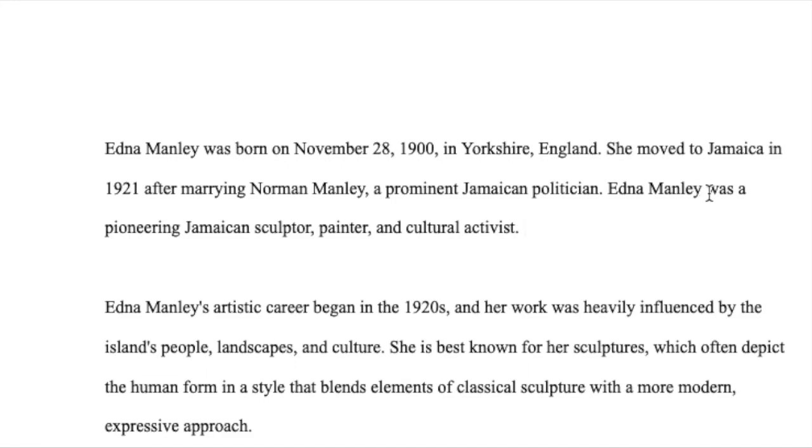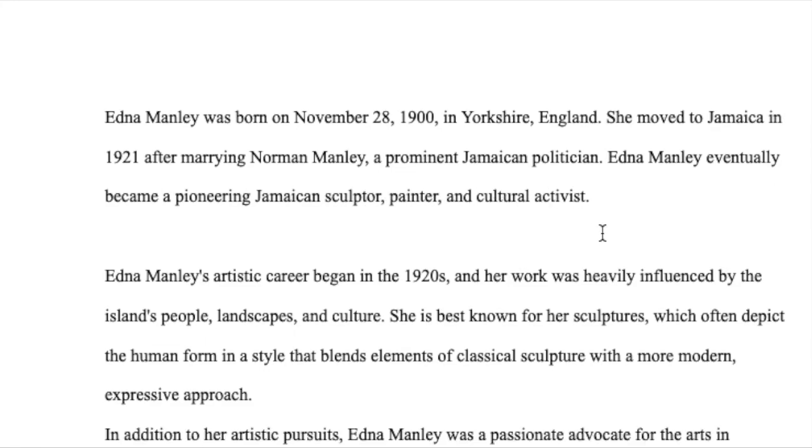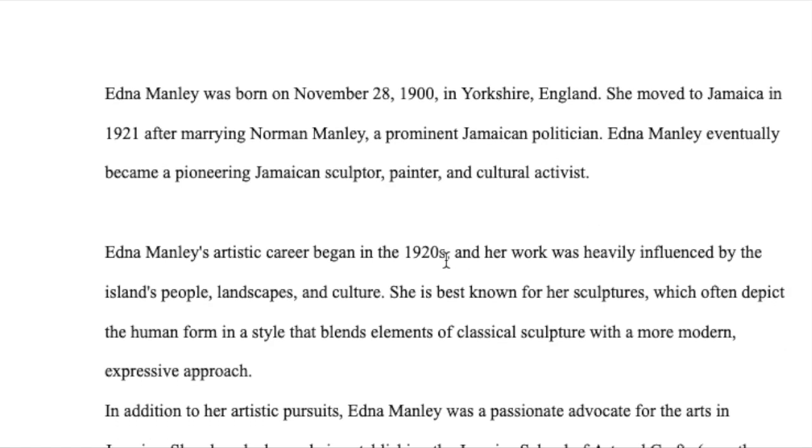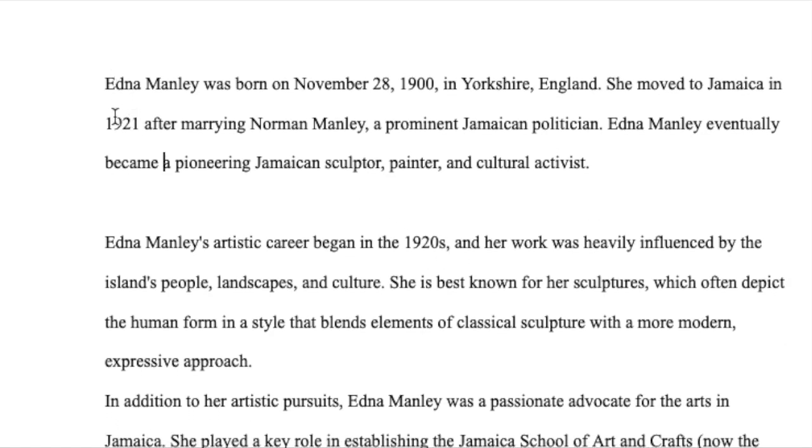Edna Manley eventually became a pioneer Jamaican sculptor, painter, and cultural activist. Alright, so you could change up each sentence. You see how it's different from what ChatGPT had recommended?